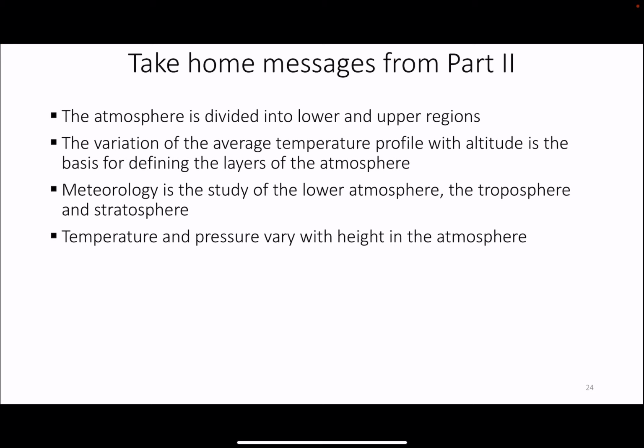So the take-homes from part 2 here: the atmosphere is divided into lower and upper regions. We define layers of the atmosphere by their temperature profiles, so we're using those inversions in temperature to define the various layers. We're not going to get much past meteorology, which is the study of the lower atmosphere, the troposphere, and the stratosphere, but really the troposphere. And we'll talk more in future lectures about how temperature and pressure vary with height in the atmosphere and how we use